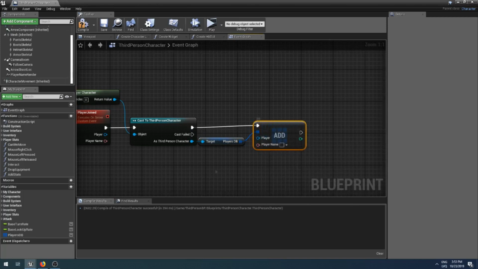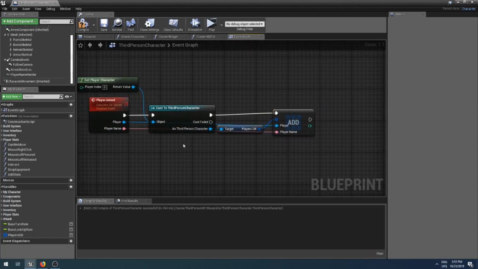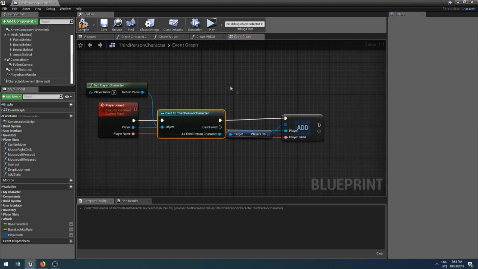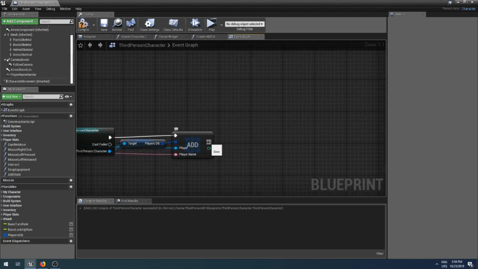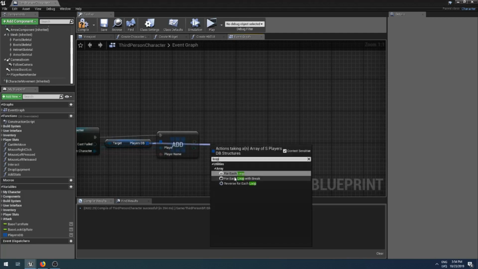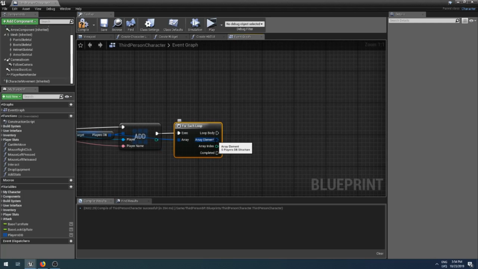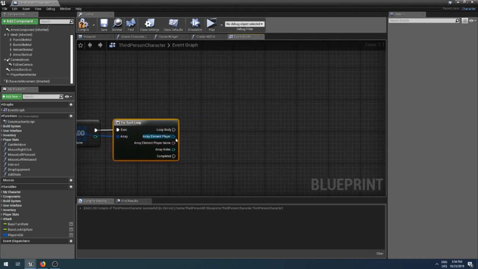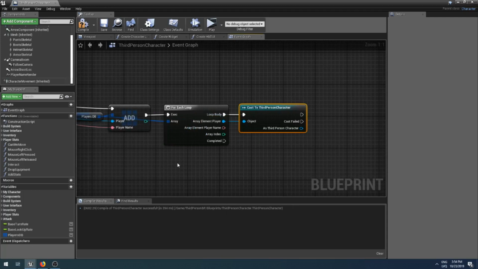So we need to split the structure pin, and here we can connect the player and the player name right here. So now once the player joins, our server character will get the information and add them to the player database, and they will know that we have a new player in the game. So now what we can do is drag from this player's database and do a for each loop, like so. And now we should split this structure, and now we can cast to third person character by using the player from the database,